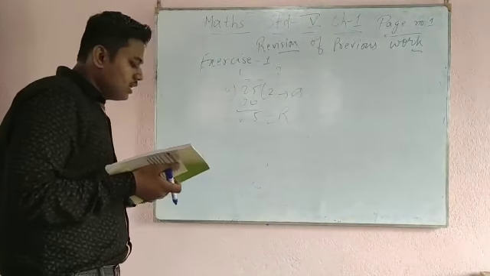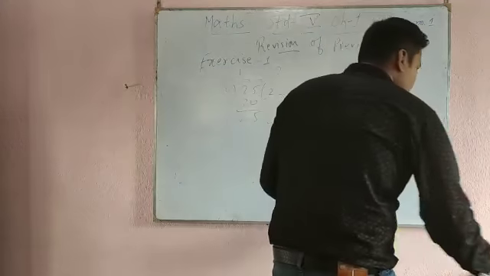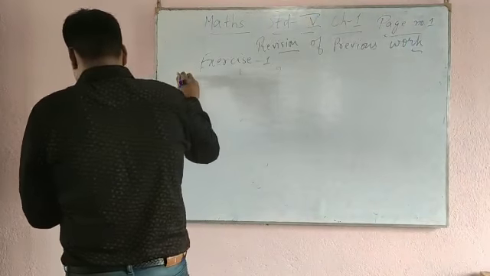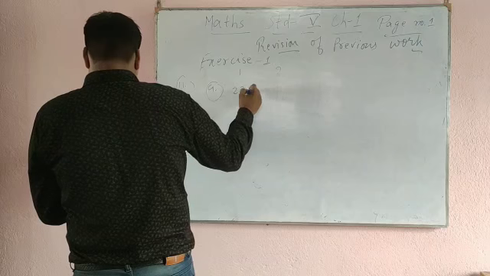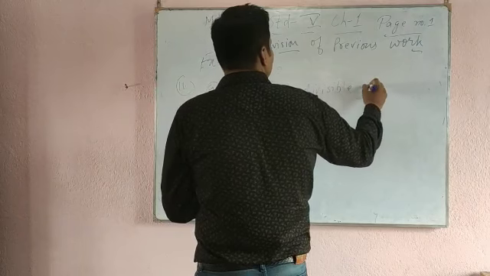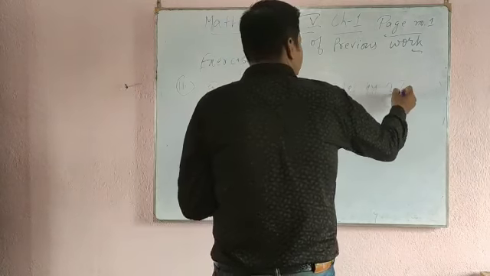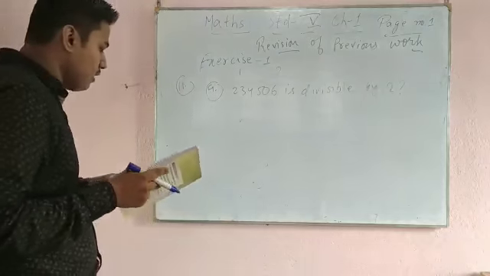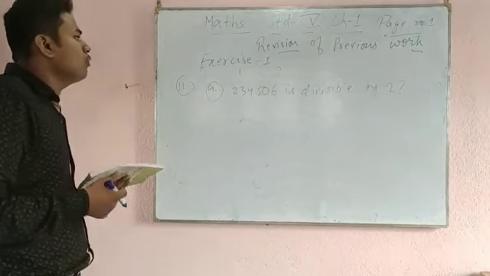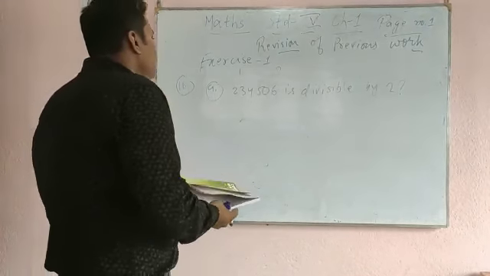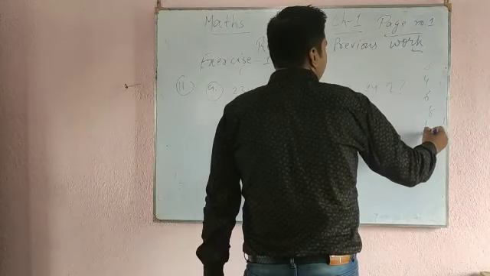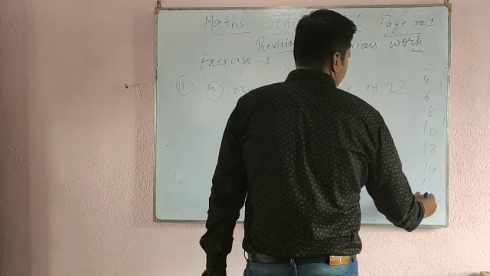Question number 11, without dividing, say whether the following statements are true or false. So for 11, one question I am just explaining you. 2, 3, 4, 5, 0, 6 is divisible by 2. See, when you will divide, you will get the answer. But already a question is you have to find without dividing. So in standard 4, you have read how to check the divisibility of 2, how to check the divisibility of 4, 3. So see, in the table of 2, when you will write table of 2, 4, 6, 8, 10, 12, 14, 16, 18, 20.